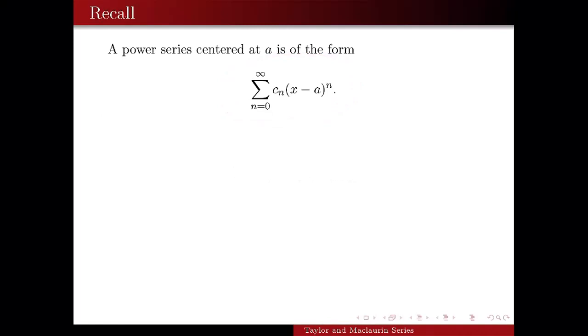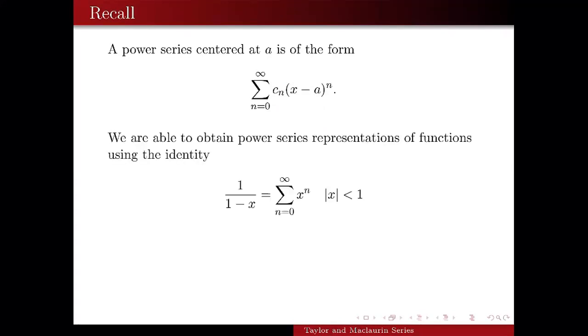So of course, x here is a variable, a here is a fixed number, a real number. The c_n here are constants, they are the coefficients of this (x minus a) to the n. Okay? Last time we were able to obtain the power series representation for this function here, 1 over 1 minus